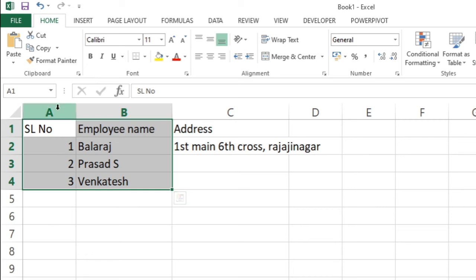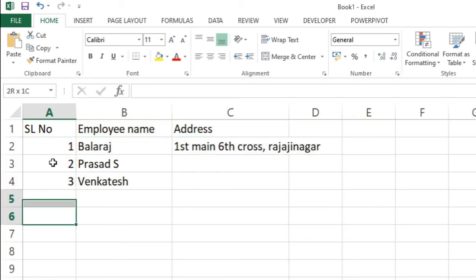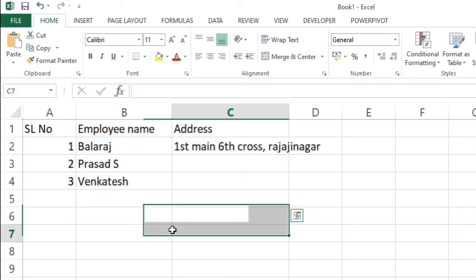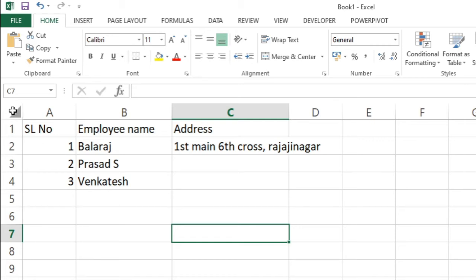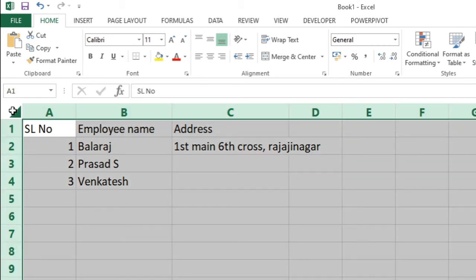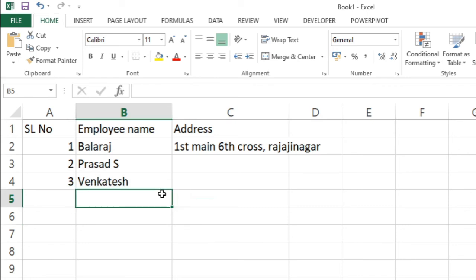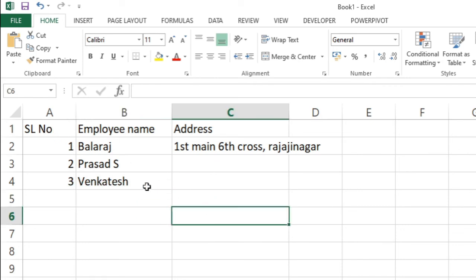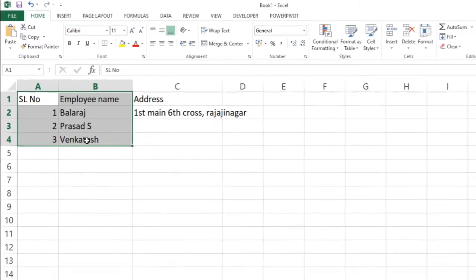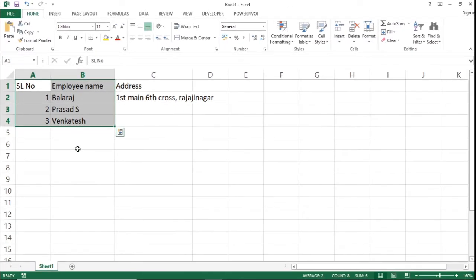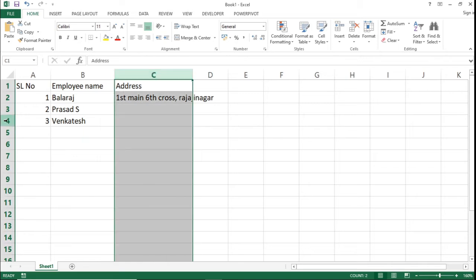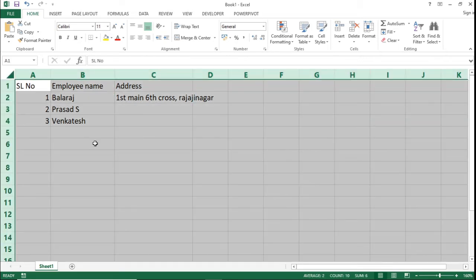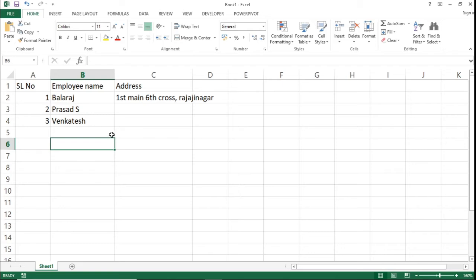You can select an entire column by clicking on the column header. You can select an entire row, or you can select whatever information you want, or by clicking on this small button you can select the entire sheet. So now we know how to enter data, how to select so that you can use it for cut, copy or paste, and we know how to select a column, a row, the entire sheet, how to edit the text, and how to navigate within a sheet.